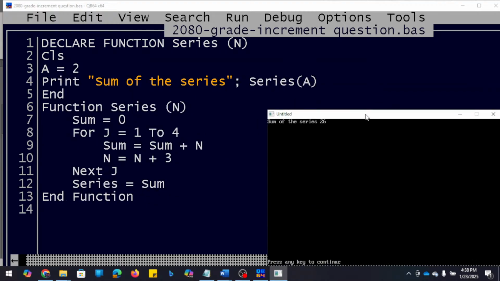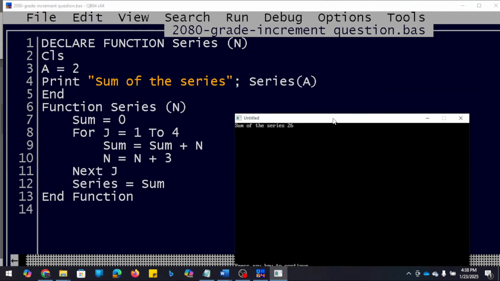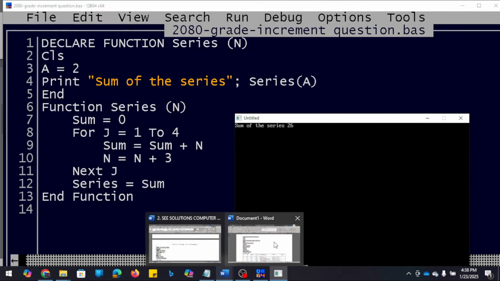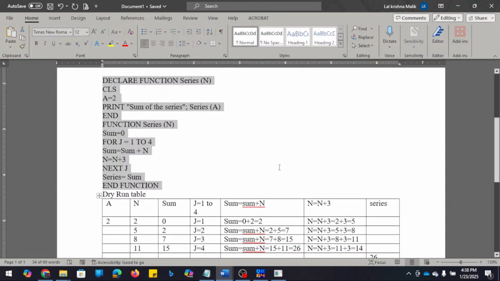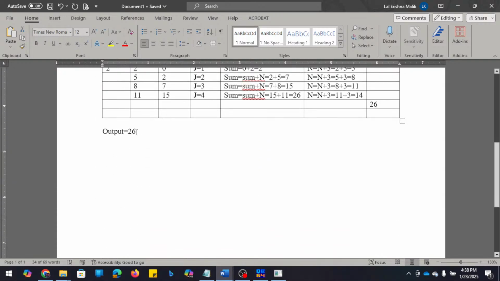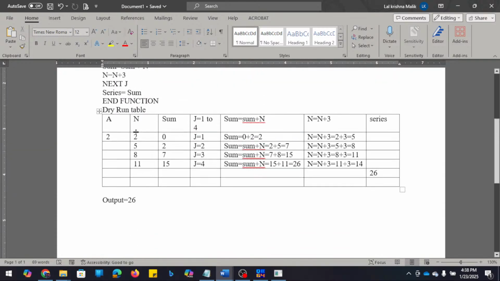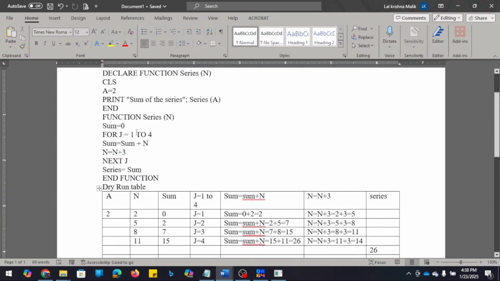Okay, so here is the output. Look here. Inverted 26. Yes, we also found 26. We just wrote here output is 26. So this is how we get the output. It's a very simple way. Just find the variables and how the variables are changing their values. We have to write it down in the table, and from there we can know in detail what is happening. So this was about the